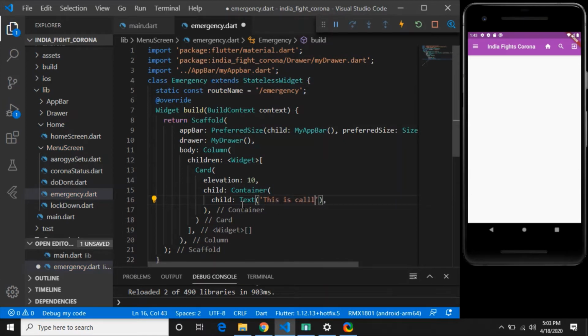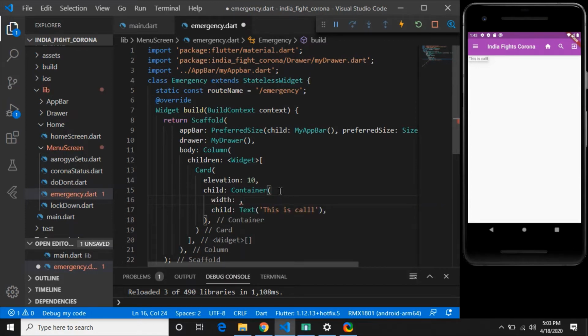So you can see this is the card, but I should have the container with the length. So width will be double dot infinity, that is up to the full screen. Yeah, right. This is the card.